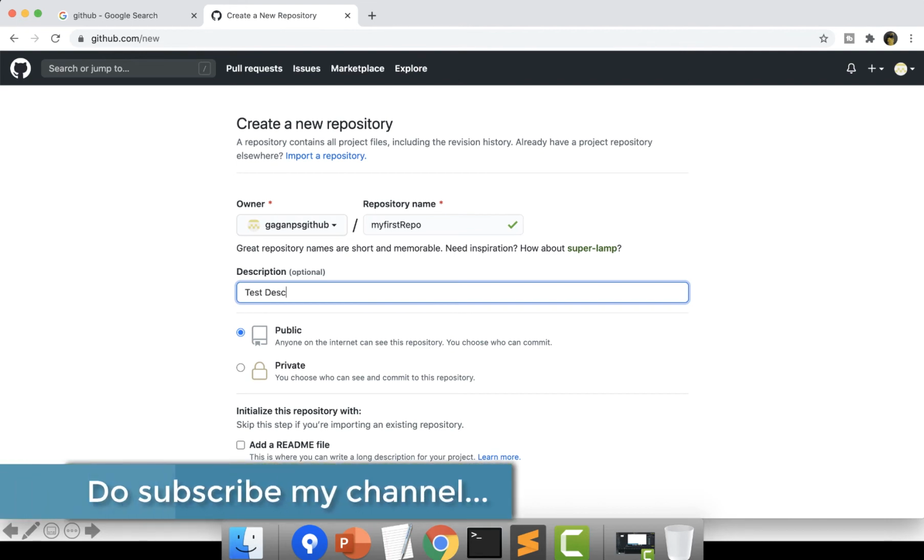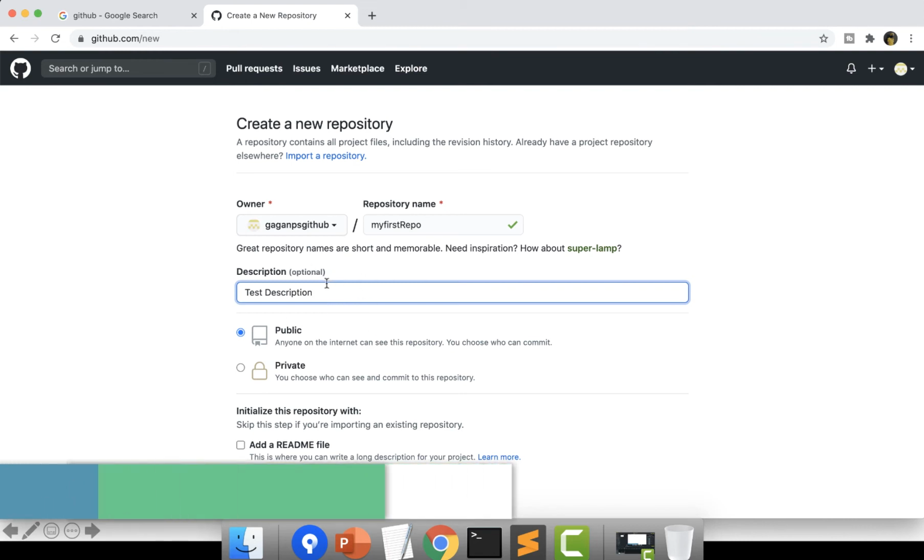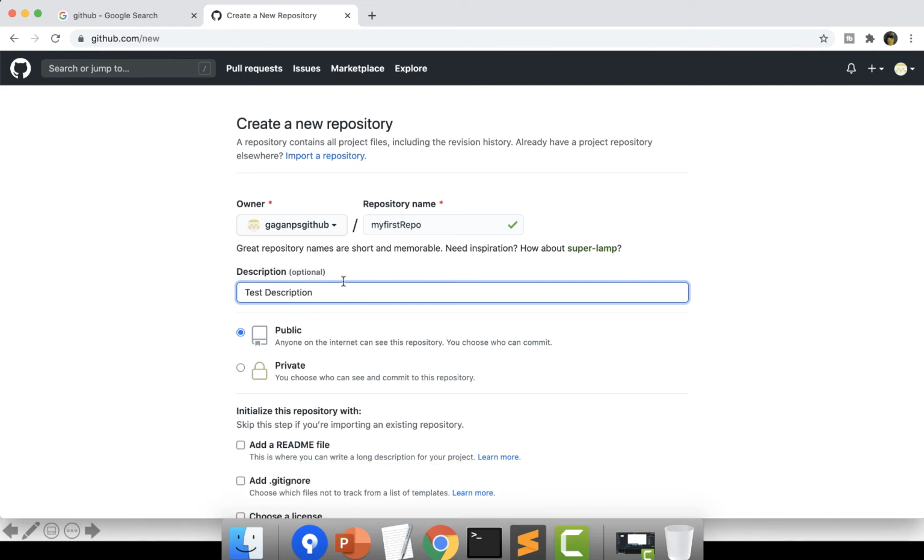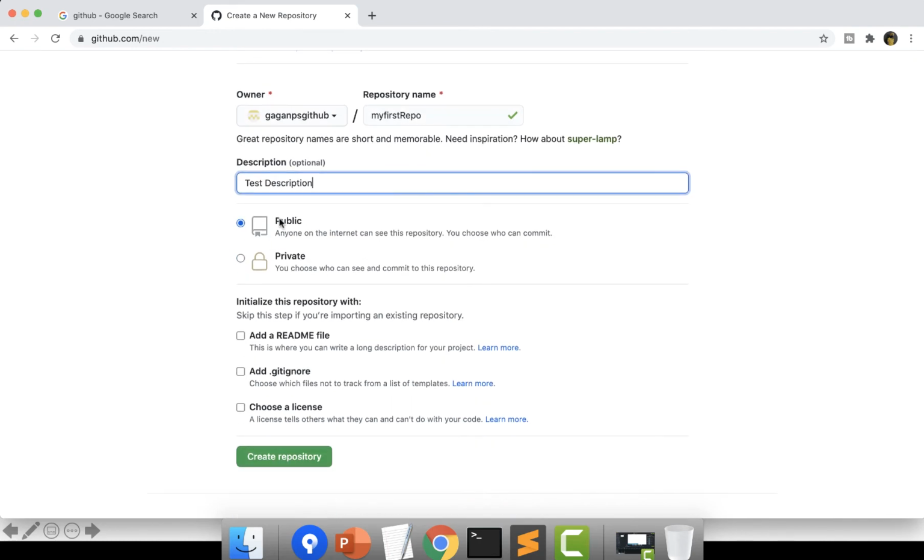test, let's say, as the description. Description is not mandatory, but yes, you can provide it if you want. As a normal habit, we provide the description because it gives some detail about what kind of repository you have created, because after some time we just forget what kind of repository it is pointing to. So it's ideal to provide a description, and I will always recommend you to provide a description over here. Then you can select what kind of repository it is, a public or a private repository.